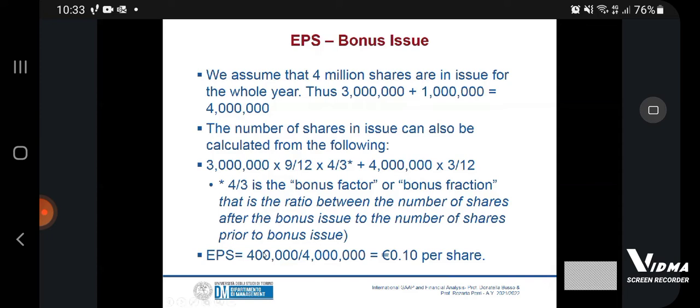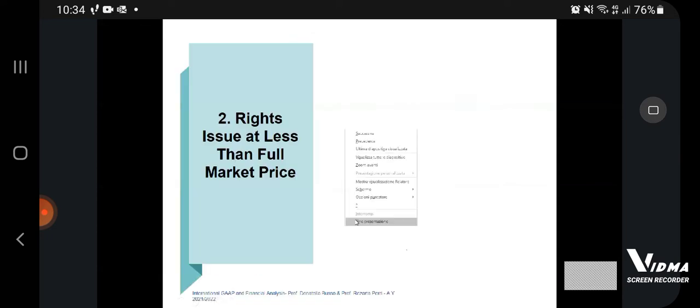The idea of bonus factor is very important to apply and restate the earnings per share figure for the previous year. In case we had the data for this company, not for 2025 but 2024, and we would need to restate the earnings per share declared for the previous year, it is enough to multiply the stated earnings per share for the previous year with the inverse of the bonus fraction. I don't know if this is written in the slides, no, so please write it down, you will need it